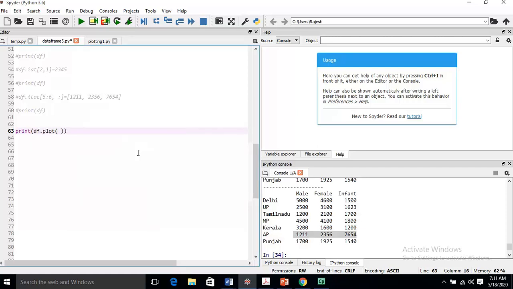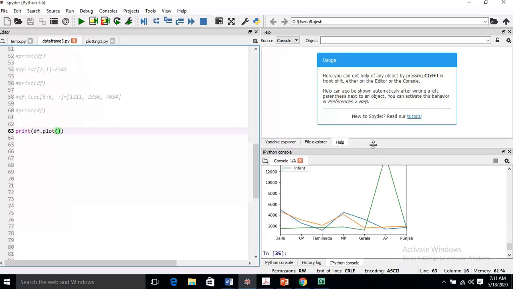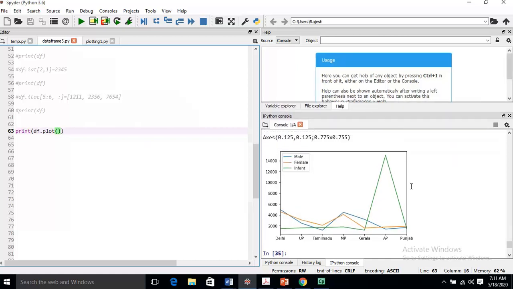Then we have used the function plot. Simply execute. You just see. This is the line graph. Here red denotes female, blue male. This is simple.